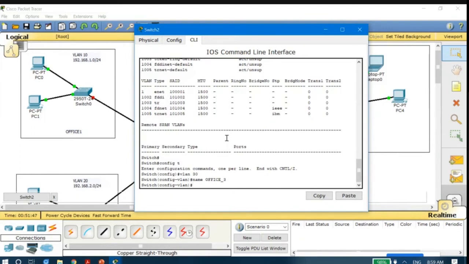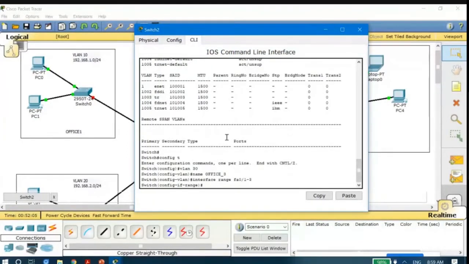Here I will type interface range FA0/1-3. So all the interfaces have been selected, then I will give access to it: switchport access vlan 30.